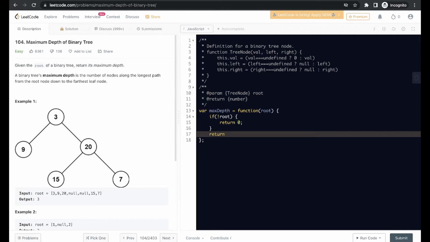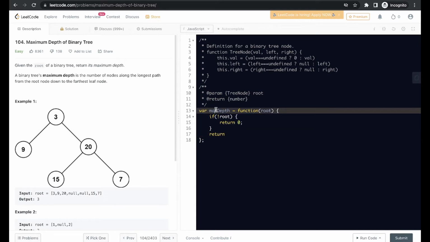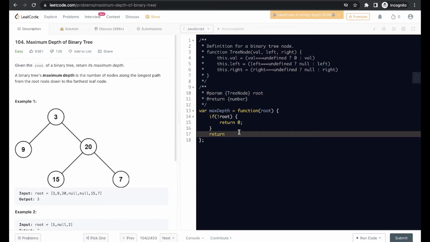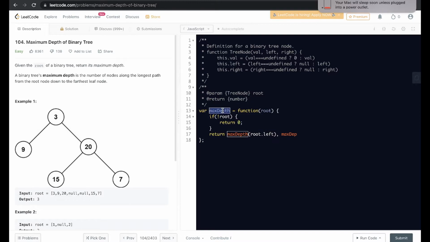So how are we going to do this? First we are going to calculate the left subtree recursively by calling maxDepth on root.left. Now we are going to do the same with root.right.